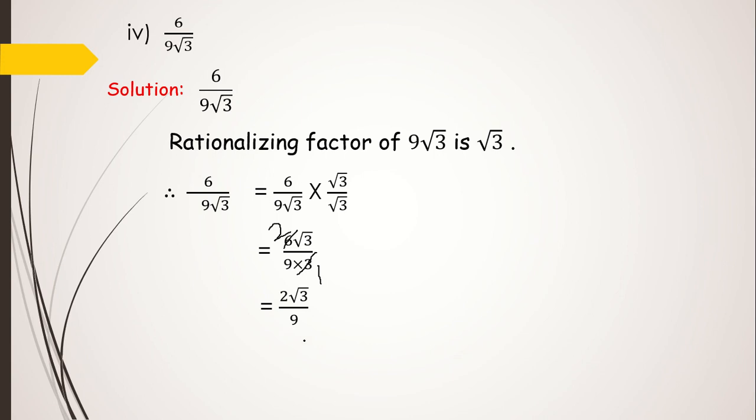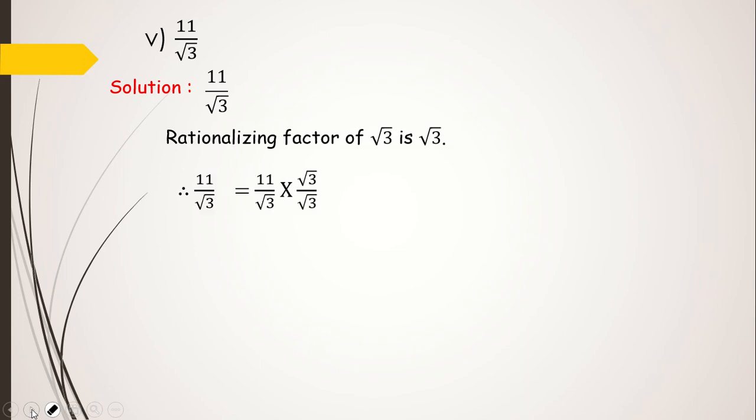So all these sums, you must have seen that we get a rational number in the denominator, and that is what we want. That is the meaning of rationalization. Get a rational number in the denominator. Same thing here. Multiply numerator and denominator by root 3. This one, same way: 11 root 3 upon root 3 into root 3, which is 3.